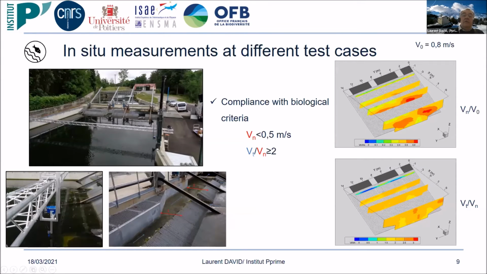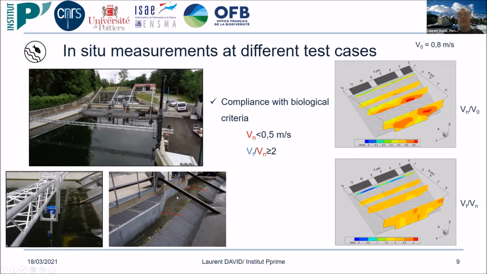For the measurement, we use an ADCP profiler to have a measurement at different locations, and we use a fixed structure that we are able to displace. And in this case, it was either to have a continuous profile or to be able to stay at the same location to have, for example, some average measurement. Because generally, when you have a boat, you have to move all the time, and you have just an instantaneous data at each location. And in this case, you could have more statistic results.